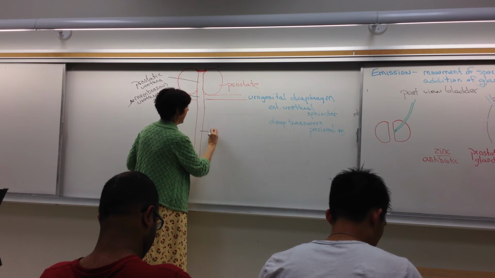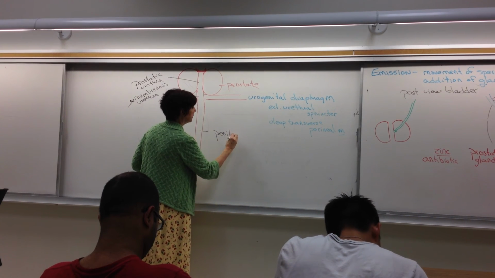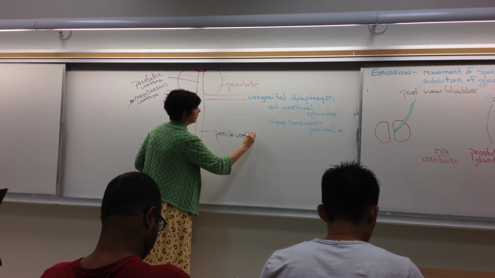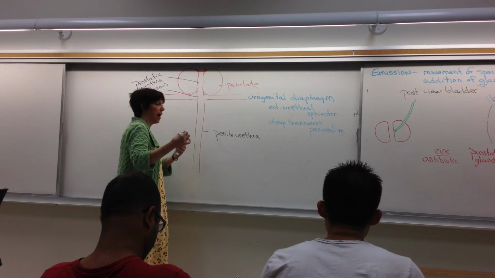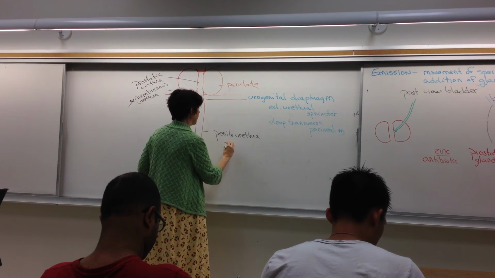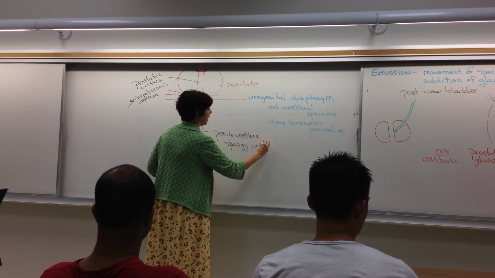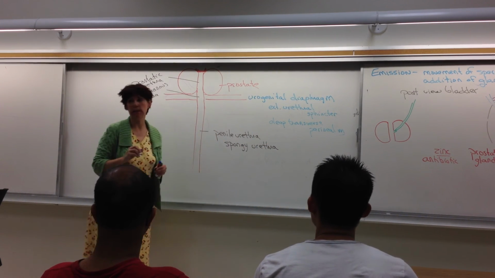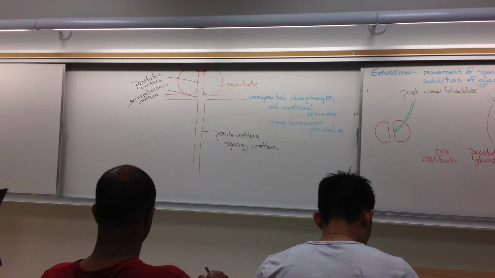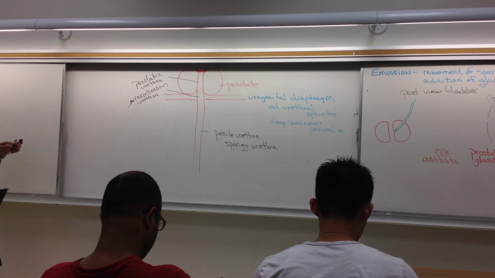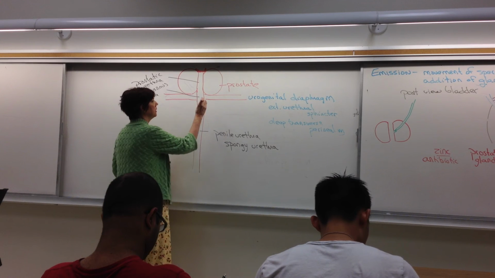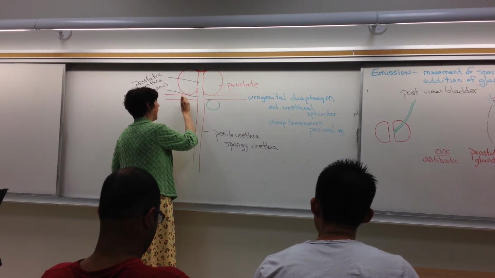So this is known as the penile urethra, and it passes through a body of erectile tissue called the corpus spongiosum. So it's also known as the spongy urethra. Now before we look at the structure of the urethra, we have two more glands that are found